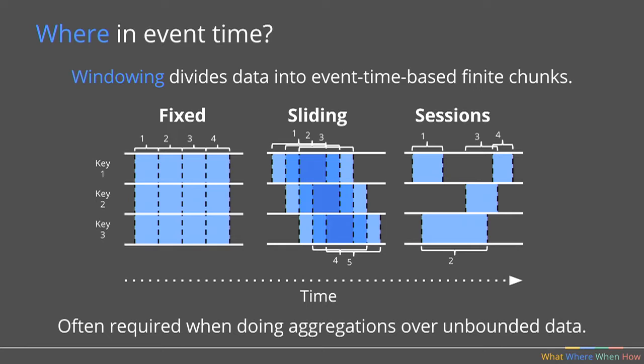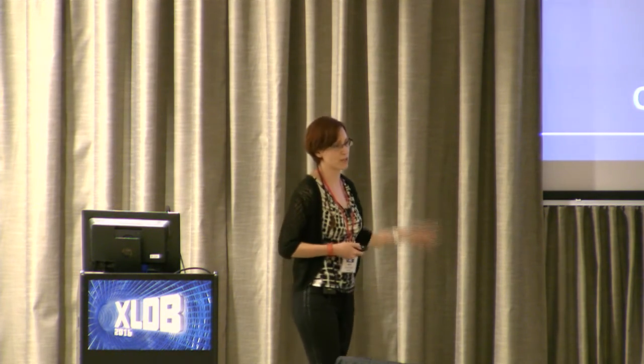Examples of the windows that are supported with the Beam model are fixed, so you want like every 2 minutes, right? Sliding, you want the last 2 minutes, so that moves with the time. And the sessions. Sessions are really important for anything that deals with user activity, for example, because you want to understand what the user did when they interacted with your application, website, tool, whatever. So these are the bursts. The sessions capture the bursts of user activity, and the bursts can be very different. This is a pretty advanced use case for windowing, but it's also a very common use case in Google, and I believe pretty much everyone who has users is trying to do the sessions.